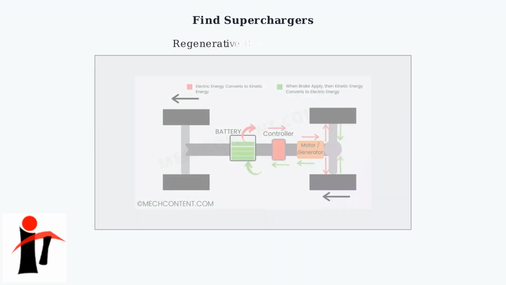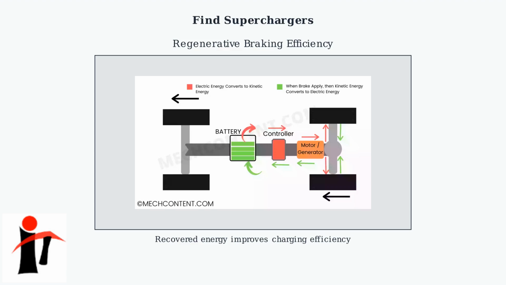The app uses data from your vehicle's regenerative braking system to optimize charging efficiency. This system converts kinetic energy back to electrical energy when you brake, which the app factors into battery management for